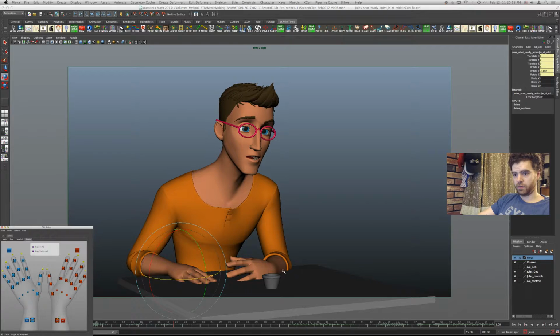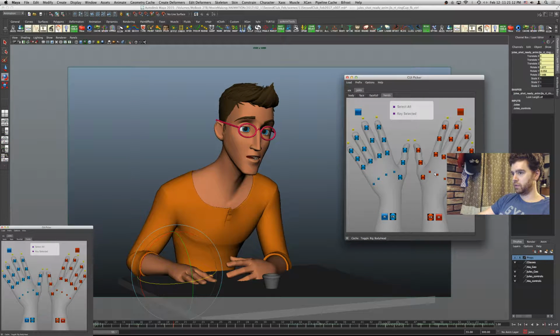So shift select. So I'm using these controls here now. So I think I'm going to change this decision I made here.